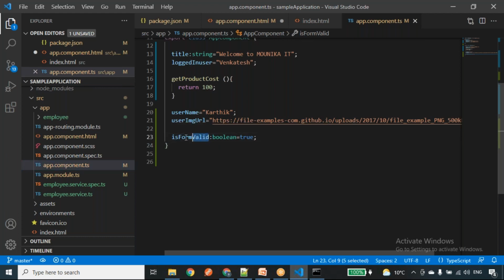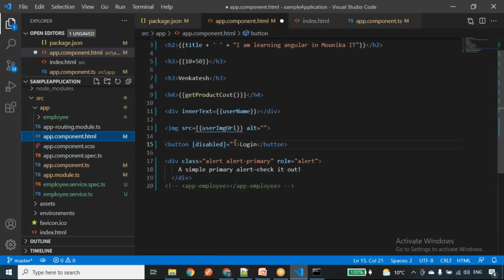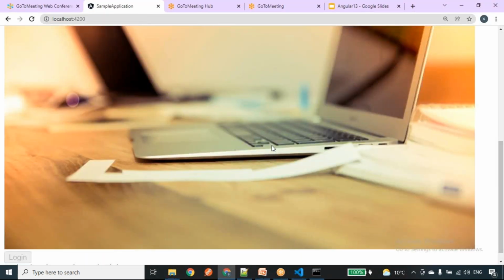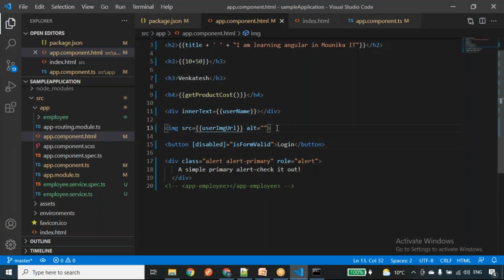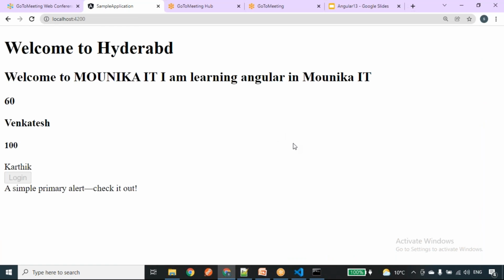Now I'll take this property name and add it here for this login button: isFormValid. Let me comment out this image thing. Now we can see the button is disabled.